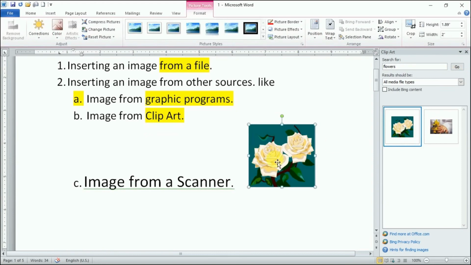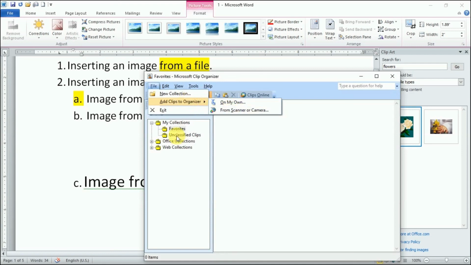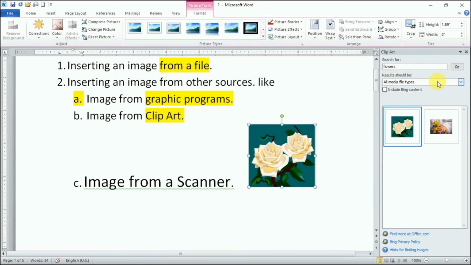So what you need to do is go to Microsoft Office and directly click on Microsoft Clip Organizer, right? After that the dialog box will appear. You will click on the File tab and choose the option From Scanner or Camera, right? The moment you choose that, the device will appear on the right side. Click on Insert. After inserting, a folder with the scanner name will appear here, meaning all the images have been scanned from the scanner. If the image has come here in the Clip Organizer, it can be directly inserted using Clip Art, right? So it is very simple.